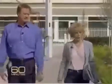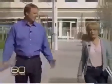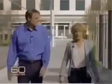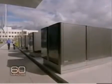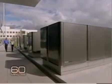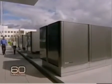John Donahoe, the CEO of eBay, says its 5 boxes were installed 9 months ago and have already saved the company more than $100,000 in electricity costs. It's been very successful thus far. They've done what they said they would do. eBay's boxes